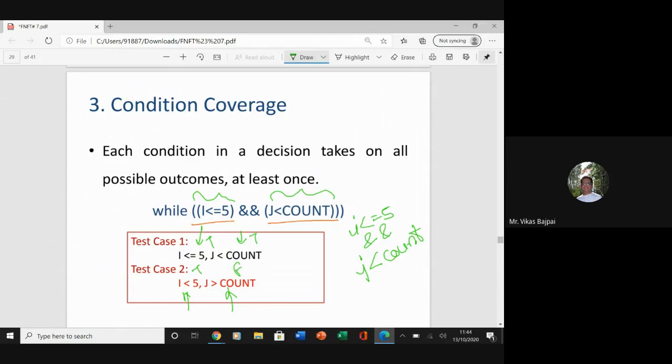The reason being, in the example which I took, if I'm making this particular part false, then I don't need to look into this particular part. Getting my point or not? Yes or no?